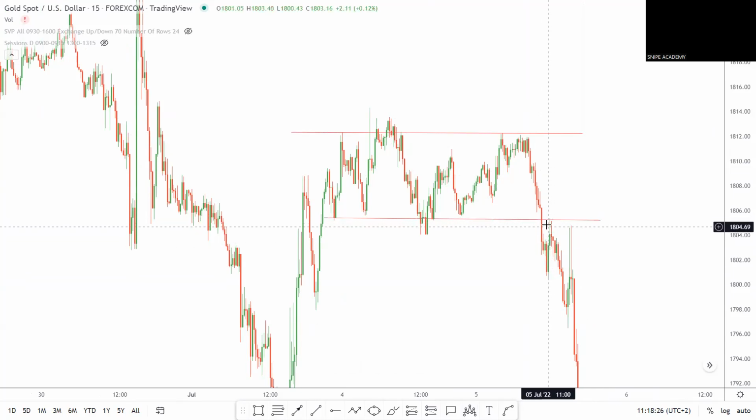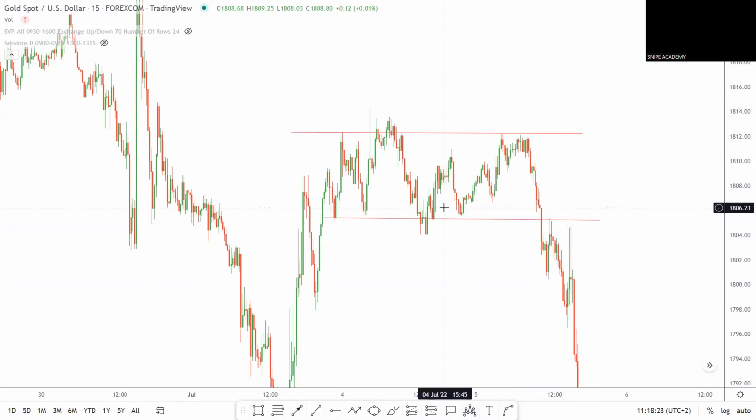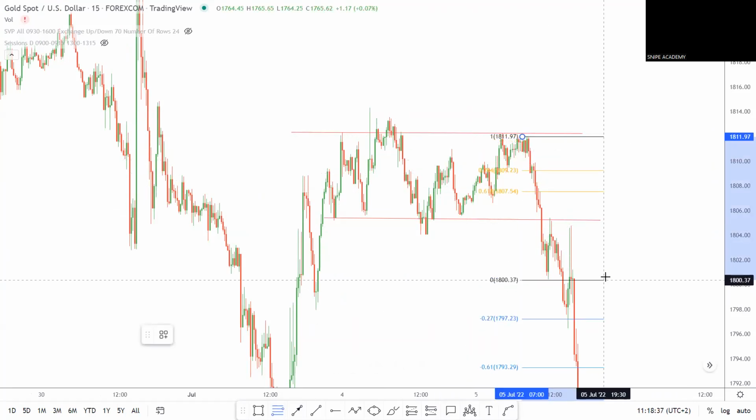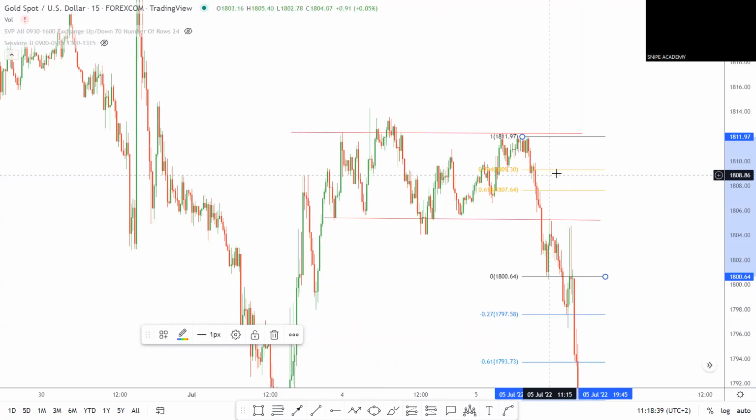As you see here, price breaks below the support, so it becomes resistance, and here you could see some good sell opportunities. Me personally, I do not like to trade this support becoming resistance. As most of you may know, what I like to do when this happens is wait. Instead of trading it here, I would like to wait for my Fibonacci areas to place a trade.